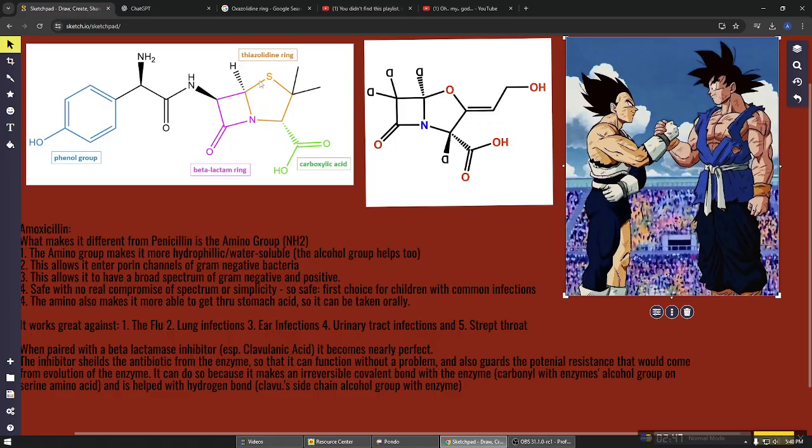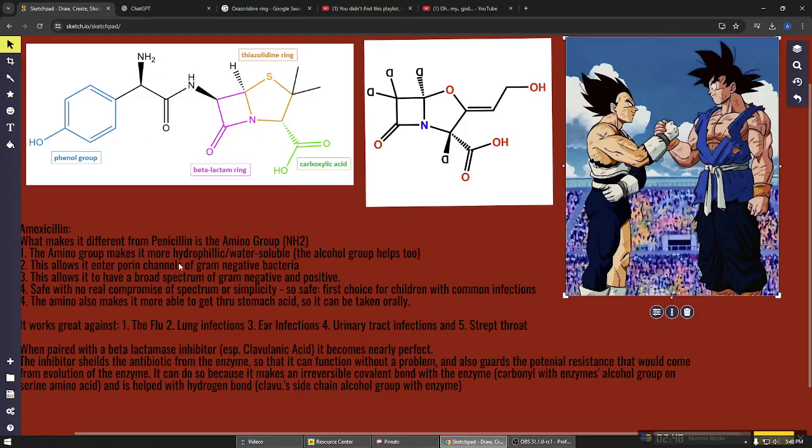And they're both beta lactams. So right here, they're both beta lactams, so they get into the same area. See a little bit different, a few differences, right? So this chain, right here, but the beta lactam is what's important. And what makes amoxicillin different from the penicillin we know is the amino group and the effects that this has. So this amino group